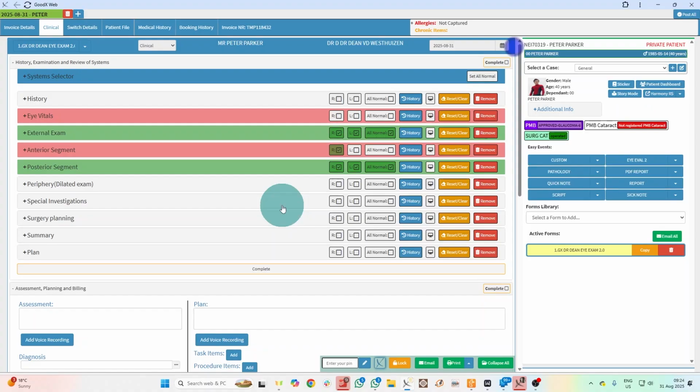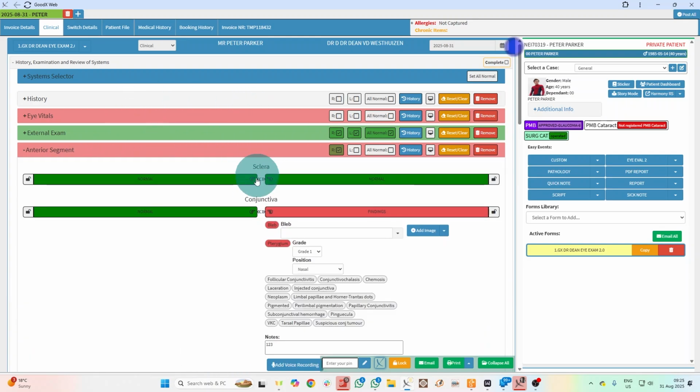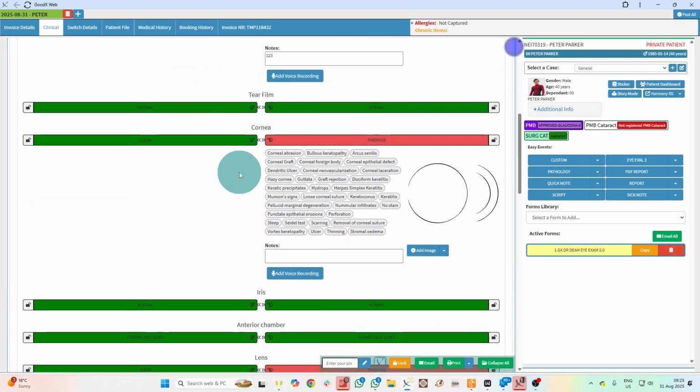So the way it works in my practice, because we've got very competent ophthalmic assistants who are really excellent, essentially, I encourage them to try and fill out as much of the clinical details as possible. Often these clinical details are copied from the previous consultation, because often they are the same, so you can set it so that it just takes the previous examination findings and copies them to today, and then one can continue from there and make adjustments. And then when I see the patient, I can go through and review the clinical findings,